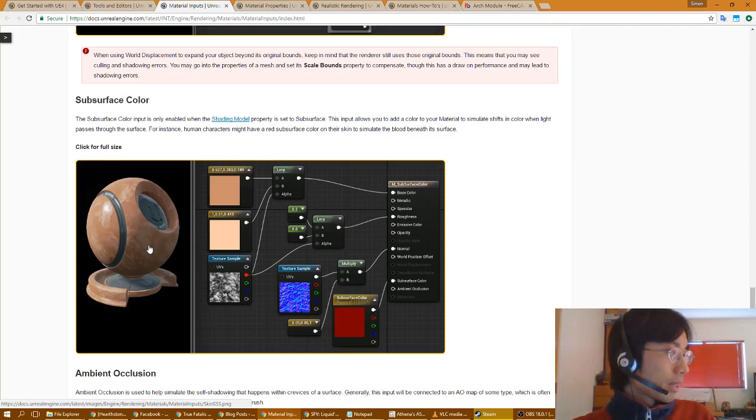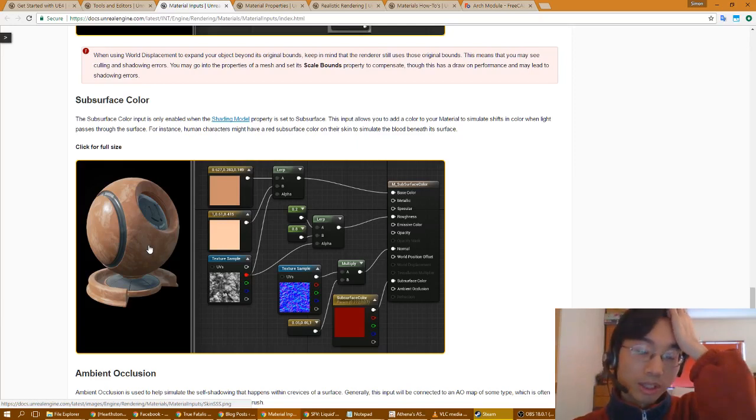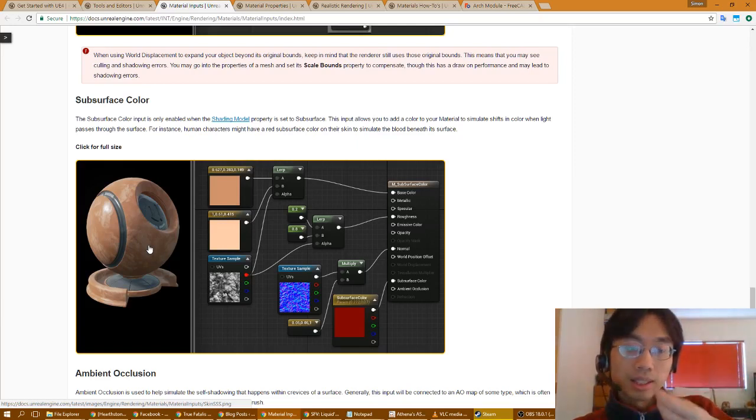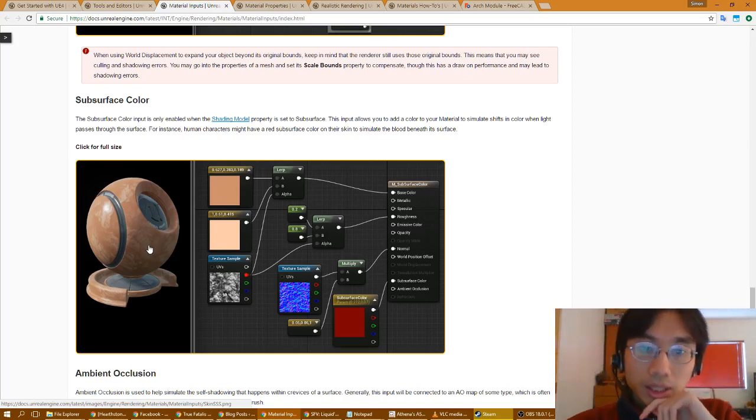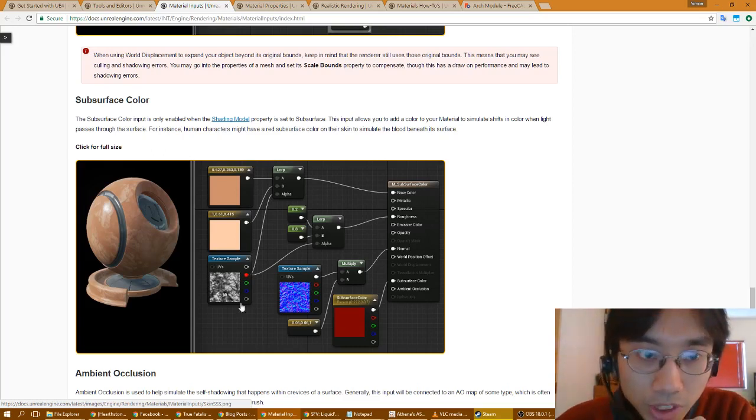So the best way to think about this is like a translucent material, maybe like a candle, or like a piece of soap, or honey. I think honey counts. So it's like a translucent thing, and there's color within the object, and when the light hits it at certain angles, you would see that color. Here, the subsurface is red,